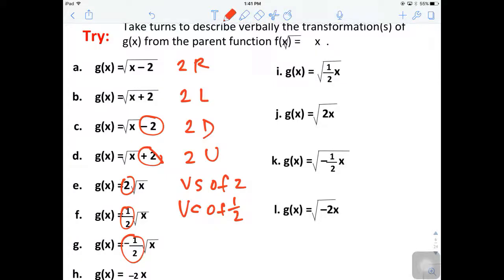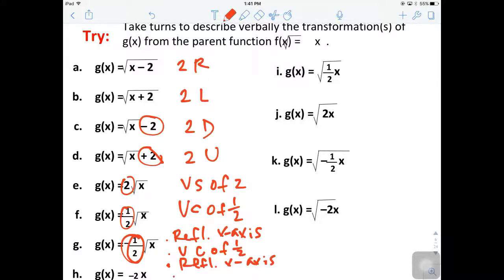Negative means there's actually two things. It's a reflection across the x-axis, and there is a vertical compression factor of 1/2. So that's two separate things. 1/2 means less than 1, so it's a compression. Negative means it's a reflection across the x-axis. And over here, we have a reflection across the x-axis, and then we have a vertical stretch